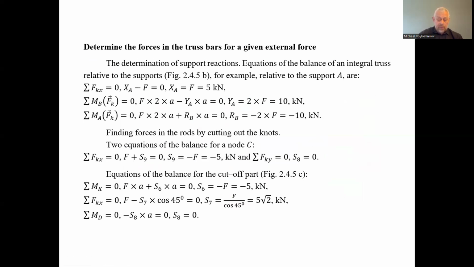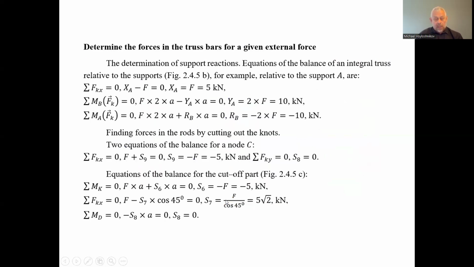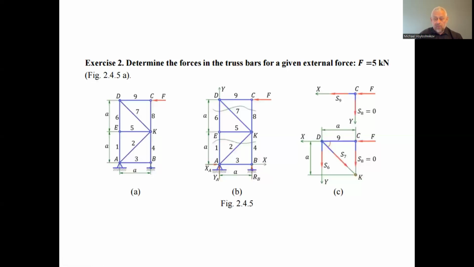Okay, so we have acting on this truss the external force and the support reactions XA, YA, RB. RB is exactly the same, the YB too. So we can cut nodes and determine the forces acting in the cut node. Just for example, we will cut node C to consider the equilibrium equations of forces acting on